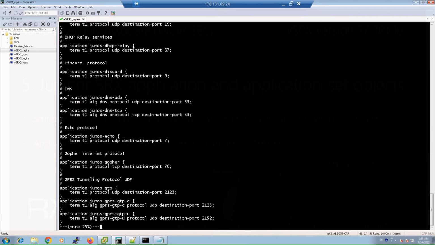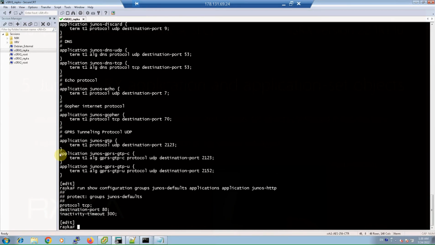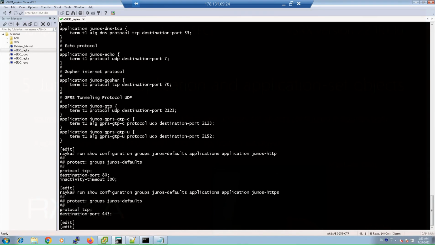You can check it with the command show configuration groups junos-defaults applications application, and then for example junos-http or junos-https. As you can see, HTTP traffic is matched with destination port 80 and protocol TCP by default, and HTTPS traffic is matched by protocol TCP and destination port